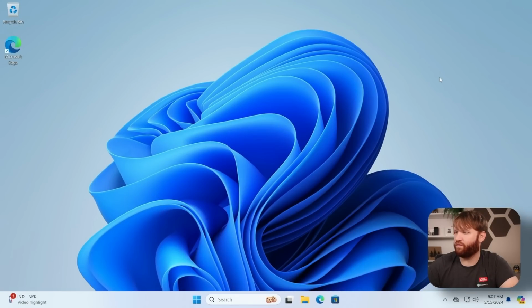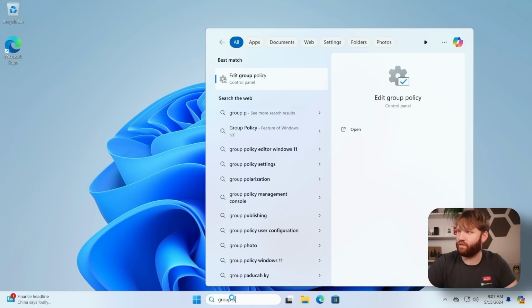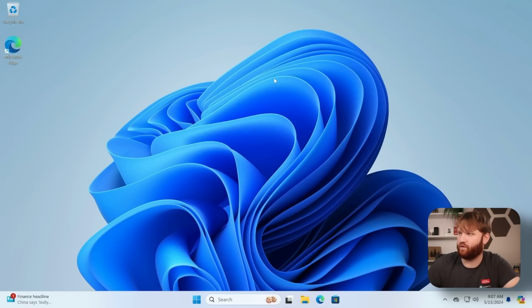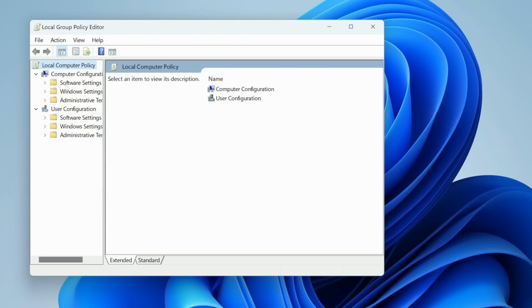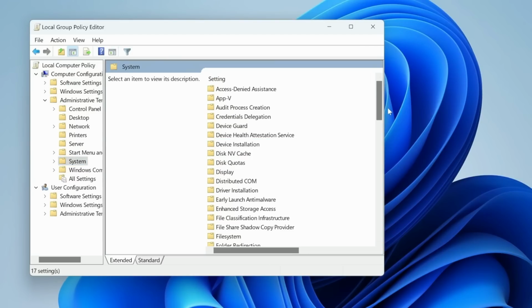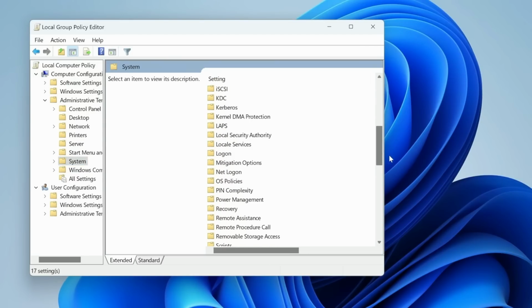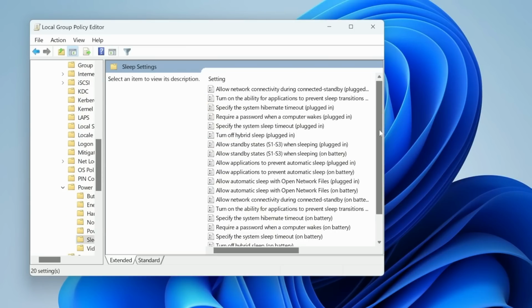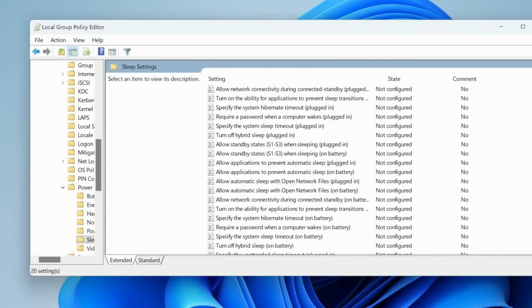We're going to go to a little more of an old school application. This is going to be the group policy editor from the control panel. So let's go ahead and open this up. From there, under computer configuration, we're going to want to go to administrative templates, and then in there, we're going to want to head over to system, and then scroll down to our power management folder here, and then under sleep settings, there's going to be something we want to change. Make this a little bit bigger so I can see what is going on here.